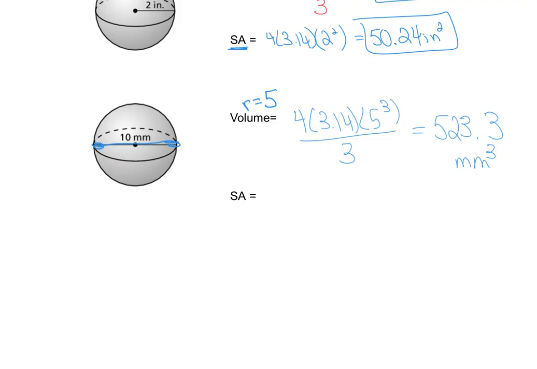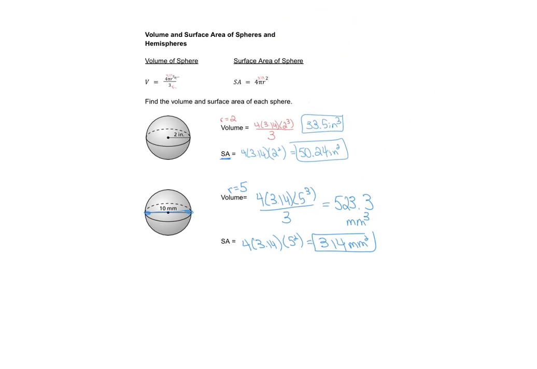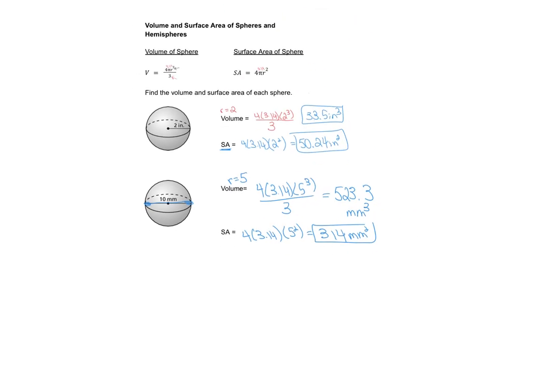And with our surface area, 4, that guy's always there, times pi, 3.14, times our radius squared. So 4 times 3.14 times 5 squared is going to be 314, and we are in surface area, so it would be millimeters squared. Okay, so there's our sphere, our formula for our spheres,